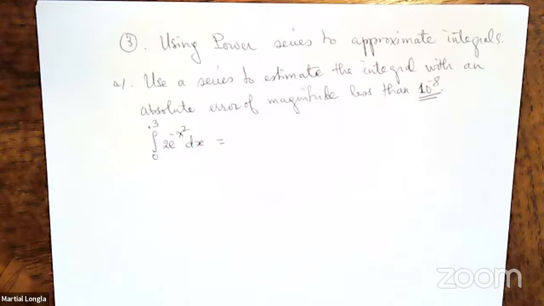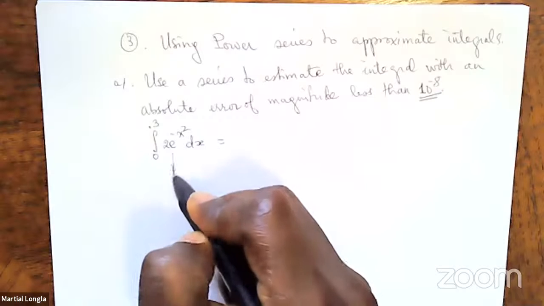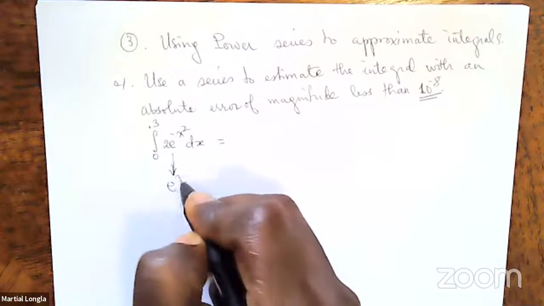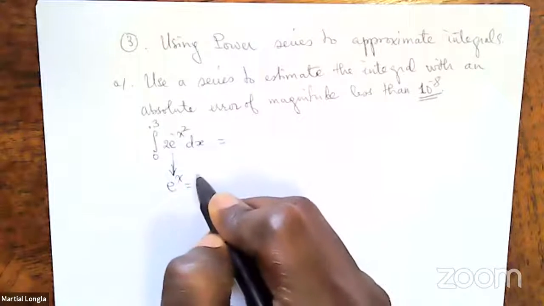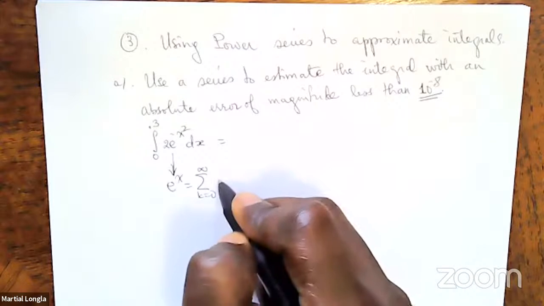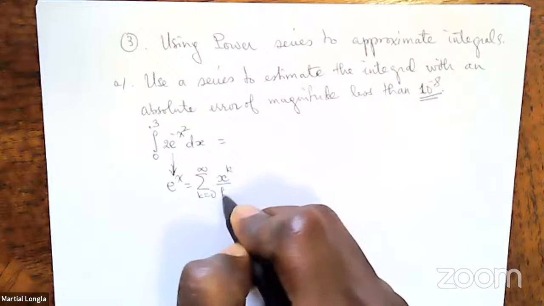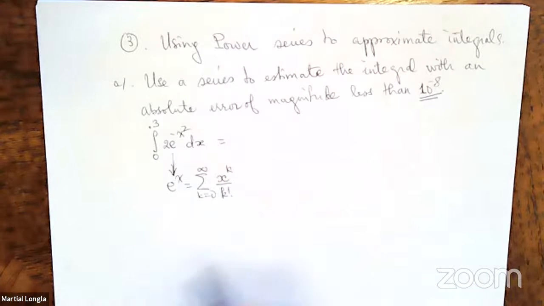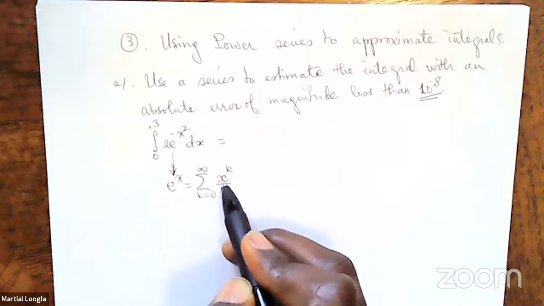And then we look at this function and we see that's e to negative x squared. Quite a nice function. We know that it comes from e to the x. Again, what's e to the x here, Nicholas? That's the sum k from 0 to infinity of x to the k over k factorial. Good. So we are going to use that right here. Replace x